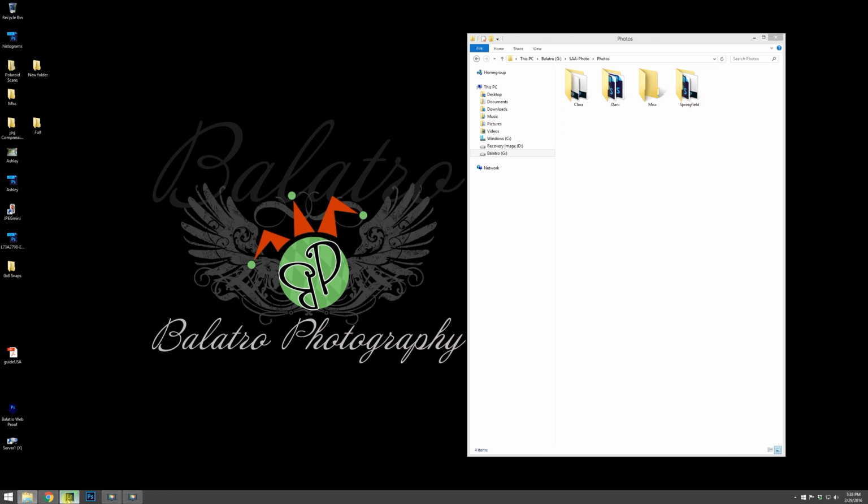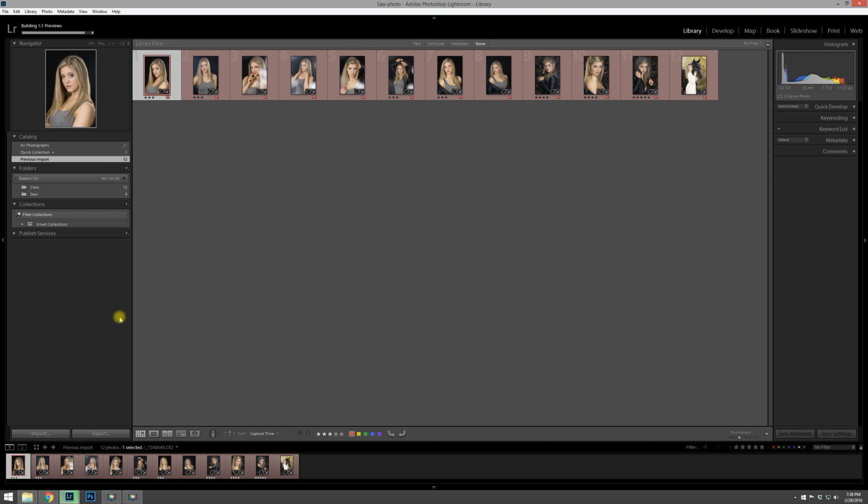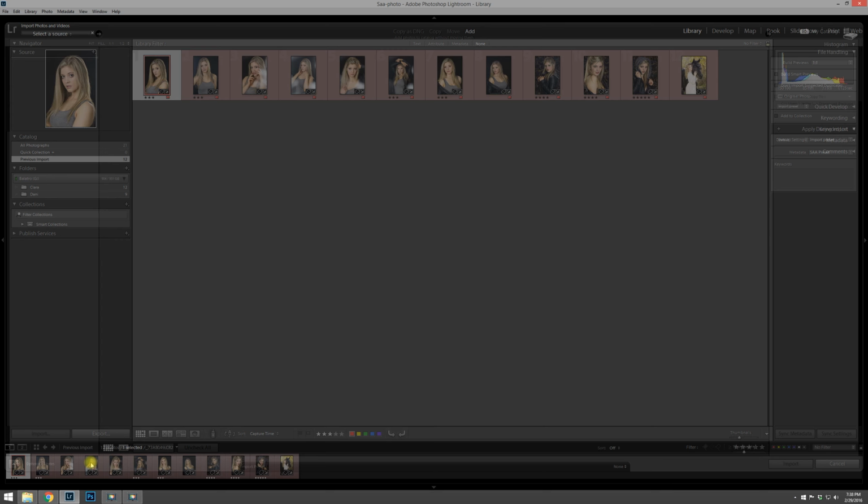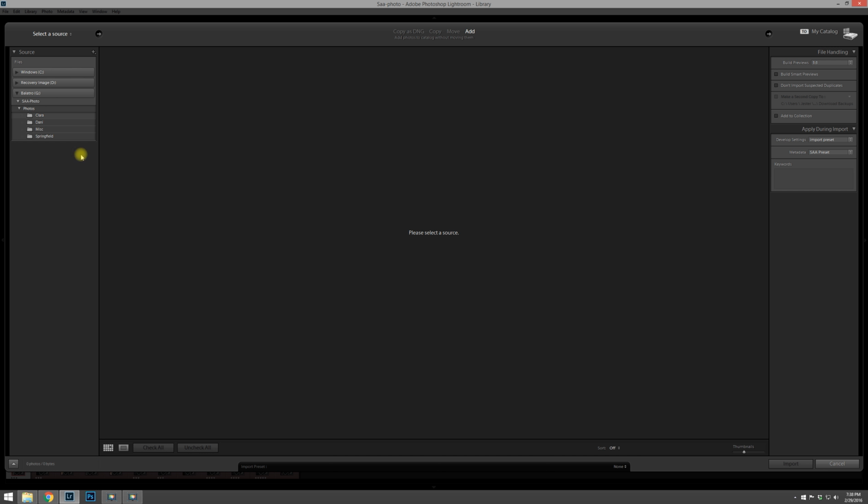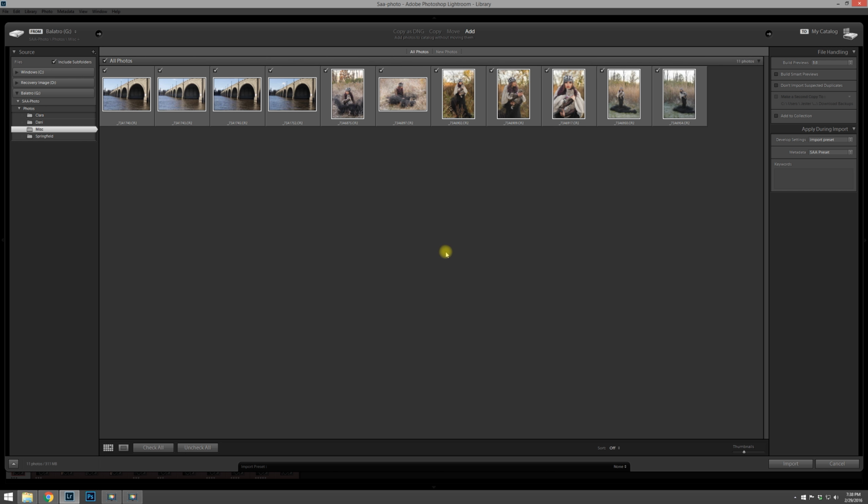We'll launch Lightroom again, and this time I'm going to show you what it's like to import from the bottom button down here. So we'll hit the import key, and now it's asking us to select our source. We're going to select that miscellaneous folder that we created, and same thing over here. We're going to do our one-to-one, and we're going to do our import presets, our SAA presets for our metadata,